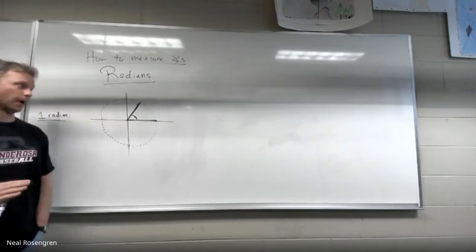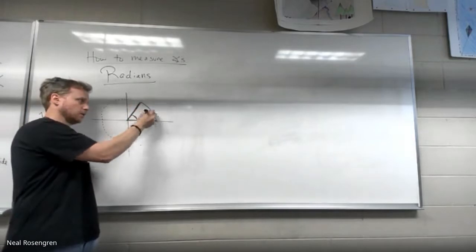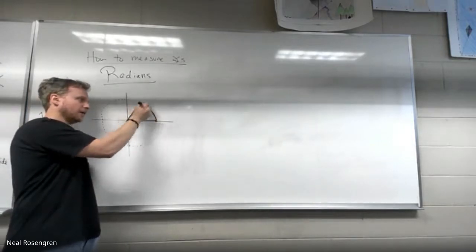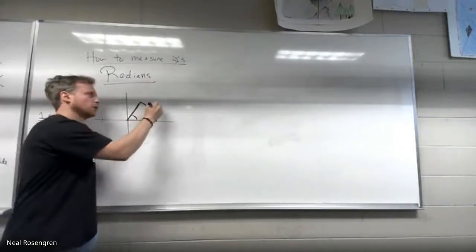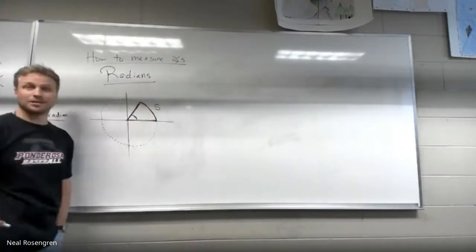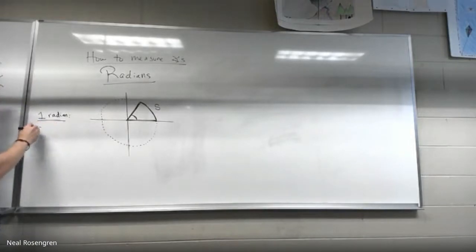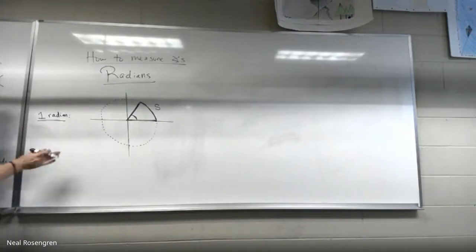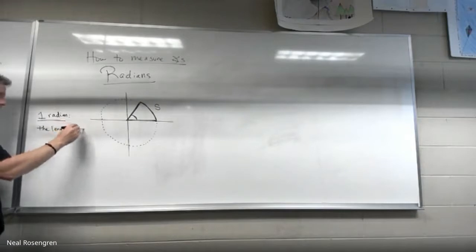What 1 radian actually means, and I'm not saying 1 pi radian, no pi, just 1 radian, okay? It's actually this length right here. It is the length of an arc. And when we talk about arc length, we often use the letter S. 1 radian is a measurement, and we're going to call it an angle, so we can use theta when we talk about it. 1 radian is the length of an arc,